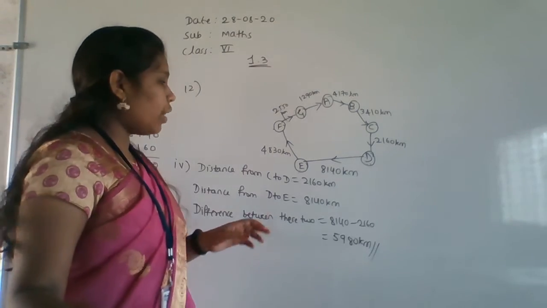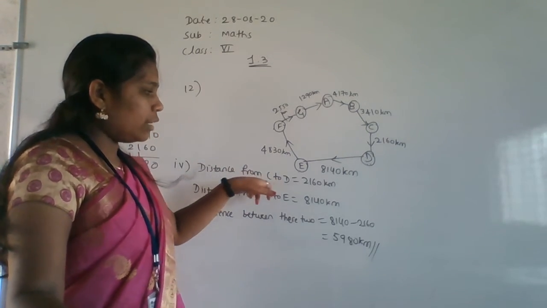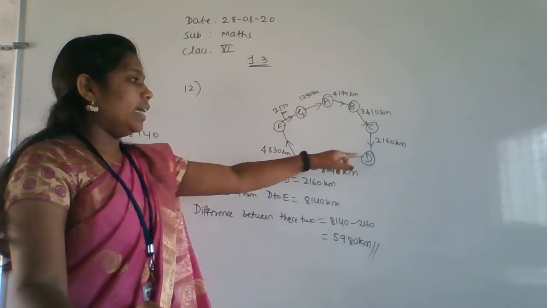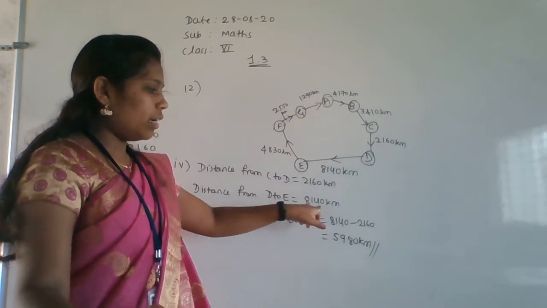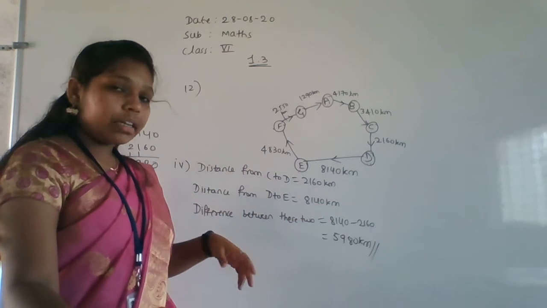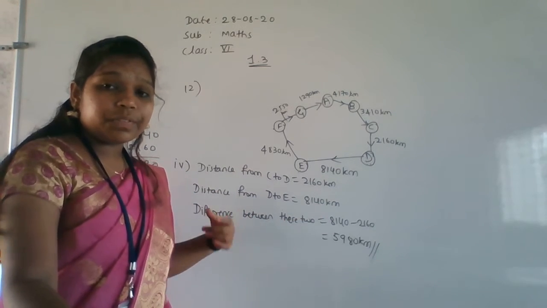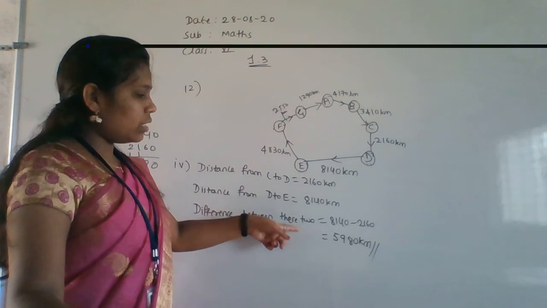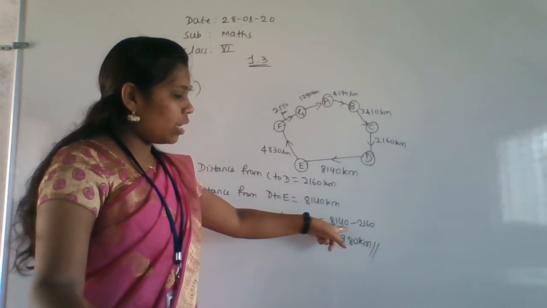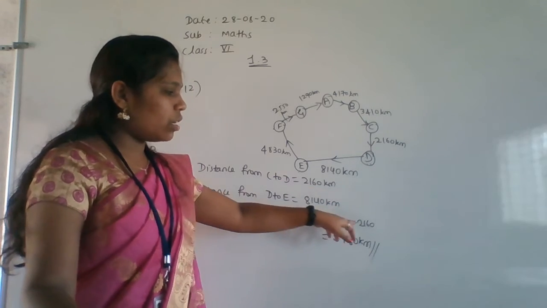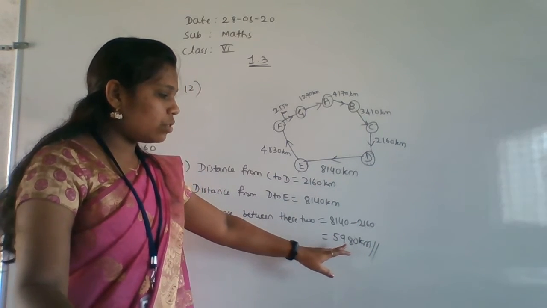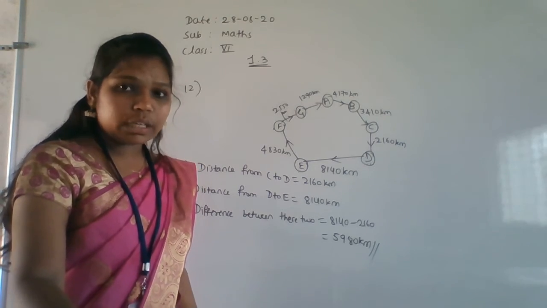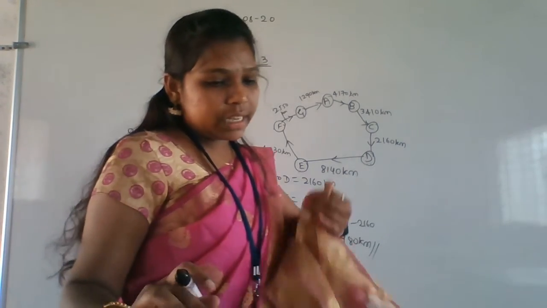So first you have to find the distance from C to D. C to D is this much. And distance from D to E is 8140 kilometers. Next, they asked for the difference between those two. The difference is 8140 minus 2160, that is 5980 kilometers. Like that you have to do the problem. Okay. So next one is